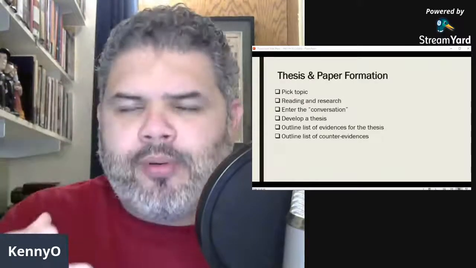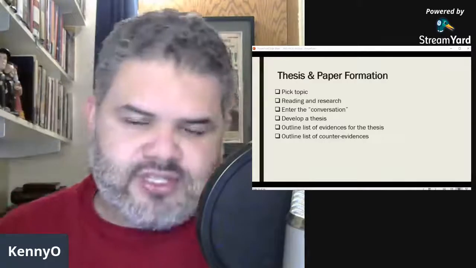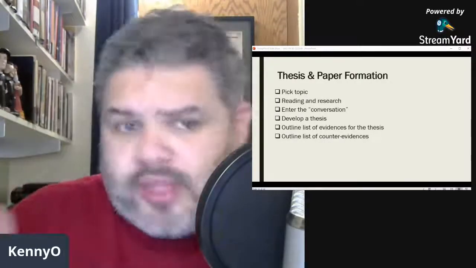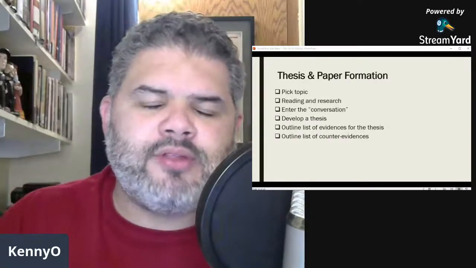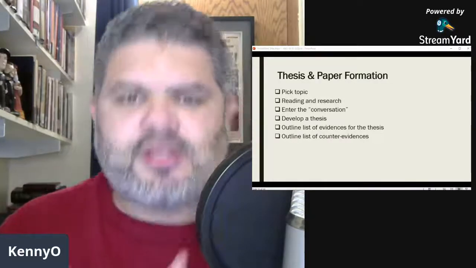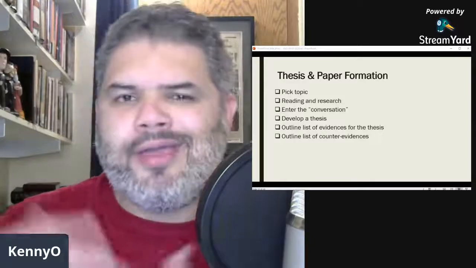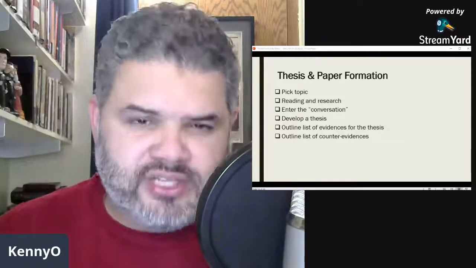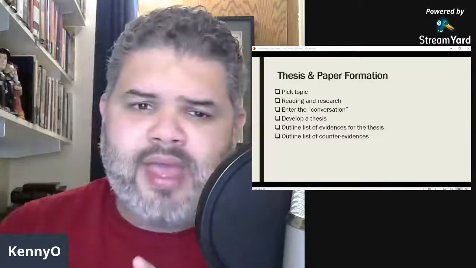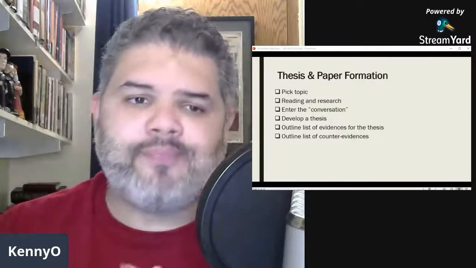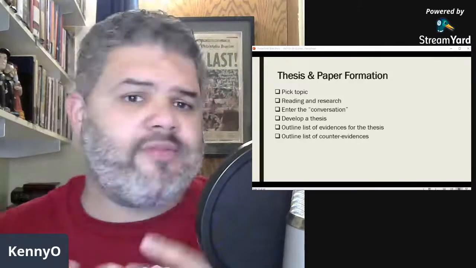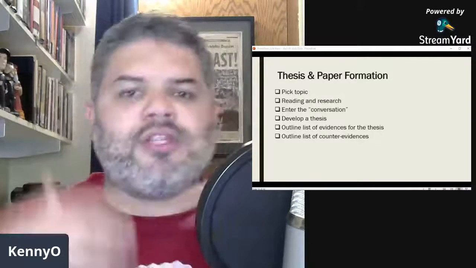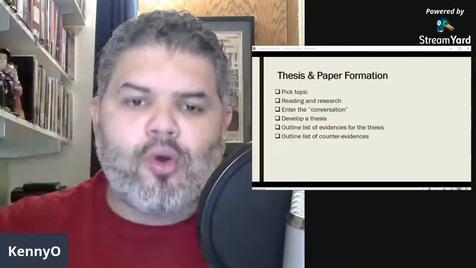Now, in your paper, you don't have to outline all the evidences they would bring to the table unless you have enough time for that. If it's a really long paper, then you may want to do that. Typically, for my students at the undergraduate level, my papers are 1,500 to 2,500 words. So typically, you're not going to have a lot of real estate in your paper to have a lot of counterpoints, but you want to have some. But if you're writing a longer paper, if you're writing a paper for a grad class that's 6,000 words or 8,000 words, then you're going to have much more space to do more.